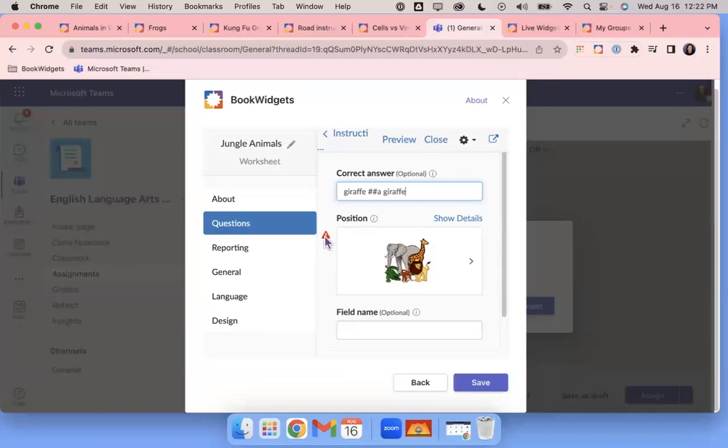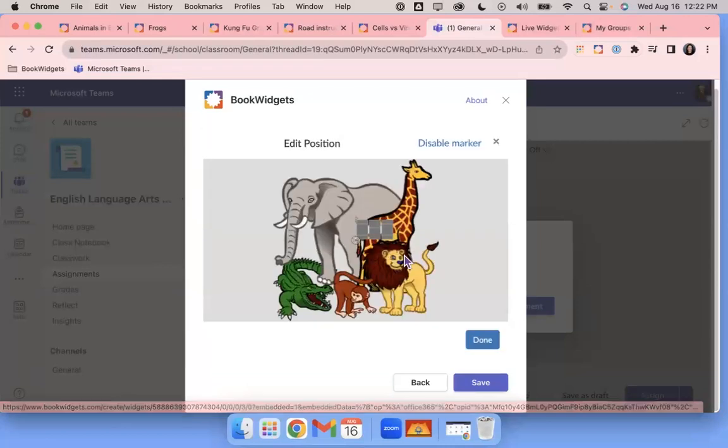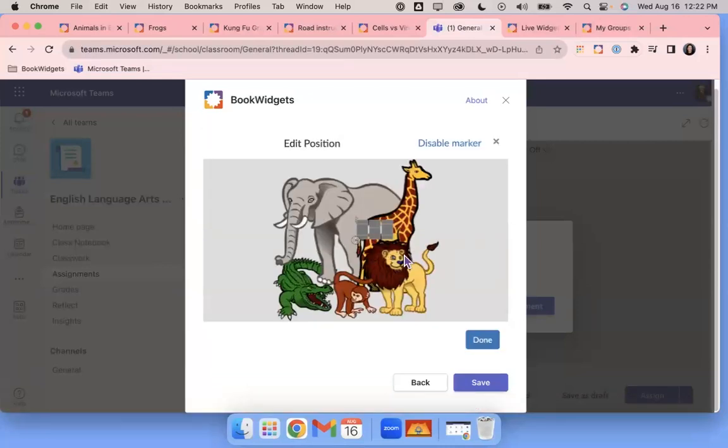You might notice this red triangle telling me you've missed a step, you still have something you need to complete. I'm going to come over here and put the position of where I want my activity. I'm going to grab my bullseye and move it right here onto my giraffe so my students will be able to see it. Here is my input box, and I want you to notice that I can click